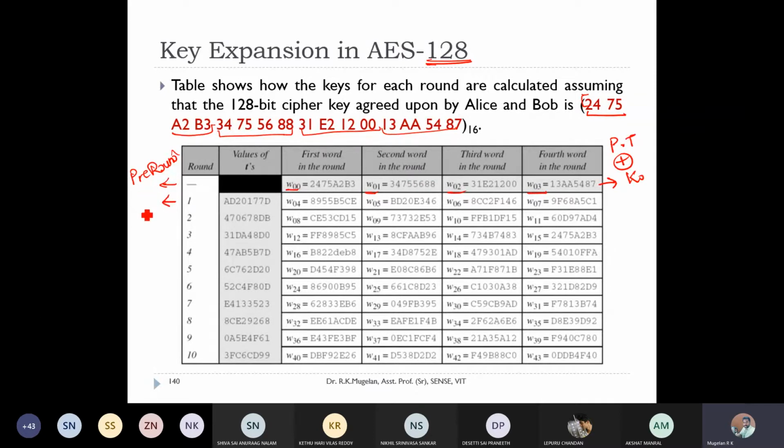Since we are discussing AES 128, we'll have 10 rounds here, totally 10 rounds. So 10 keys from K1 to K10. So now we have to generate keys like W4, W5, W6 and W7. I hope you people have noted down this cipher key. If you have noted it down, kindly raise your hand. Okay, because I want you people to help me.